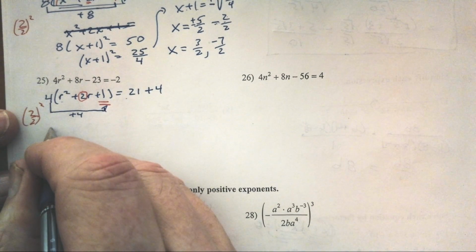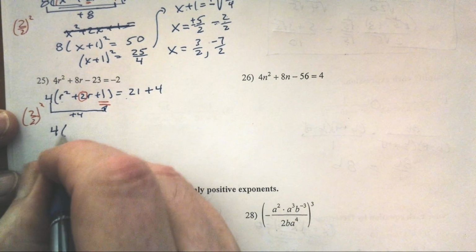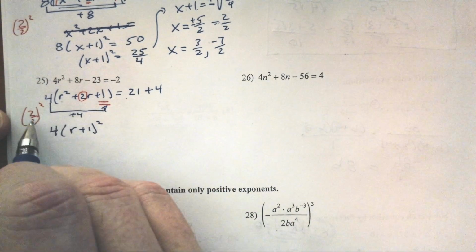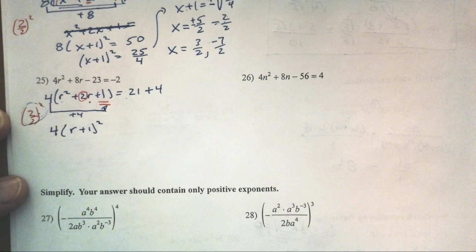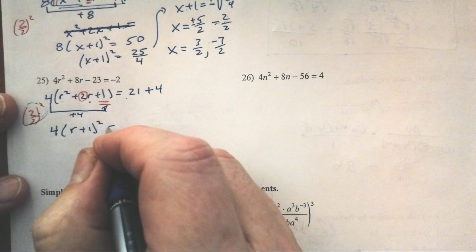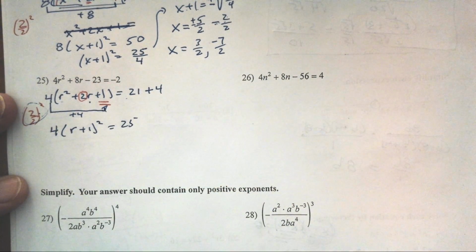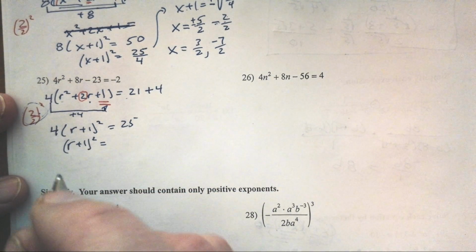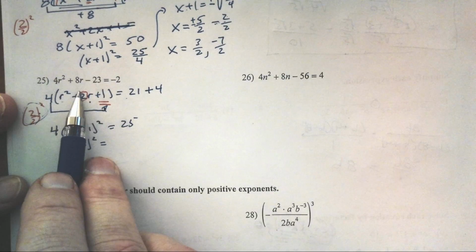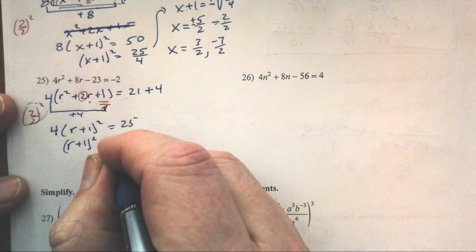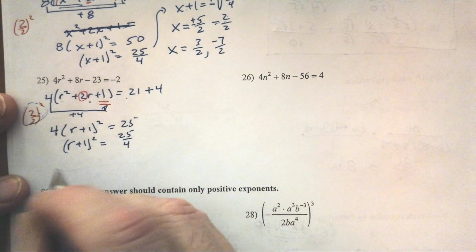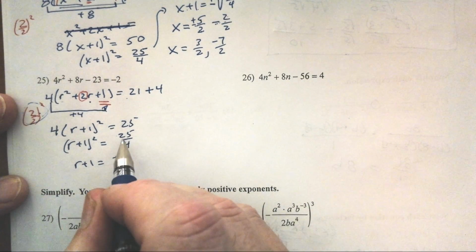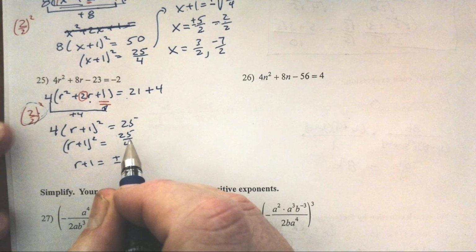And wow, this problem is going to end up a lot like the last one. And I get 4 times r plus 1 squared. This process gives us a perfect square if we do it correctly. Equals 25. See where we're headed here? r plus 1 squared equals, divide by 4, 25/4. So r plus 1 equals plus or minus the square root,